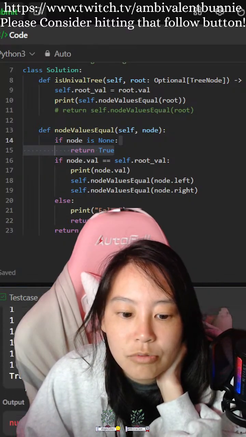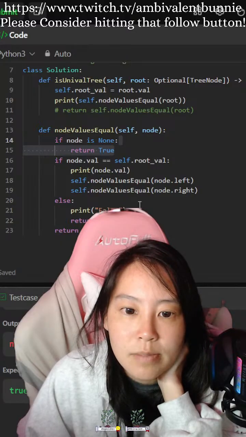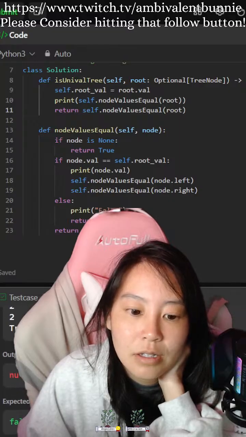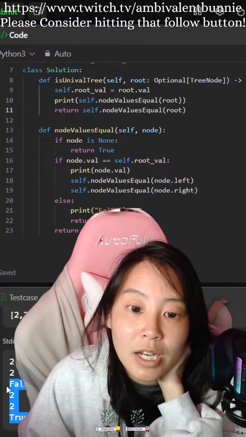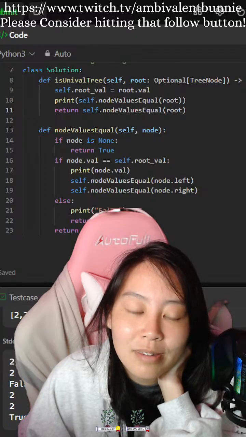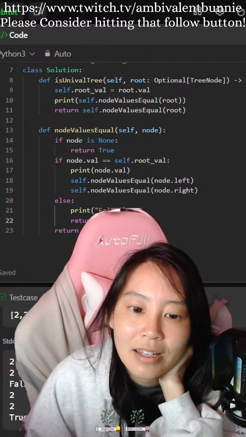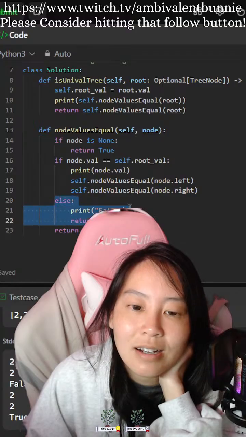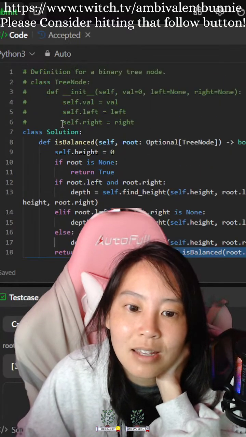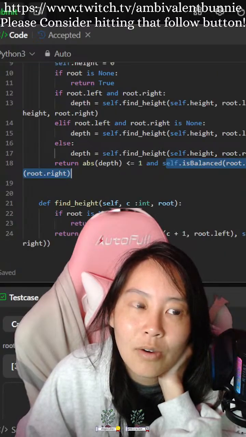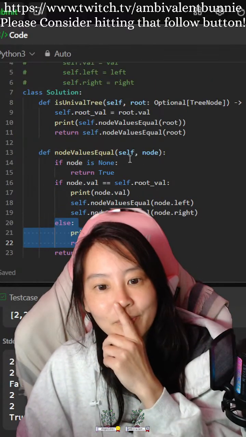So 111 true. Why is my output wrong? This one is where I'm getting a little bit stuck. This is where I need to figure out how to do the same thing as here. Oh, wait. Okay, hold on.